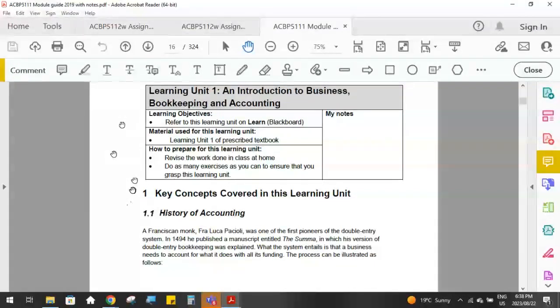Another one that they love in tests and exams is contrast financial accounting with management accounting. And again, that is important for your understanding. It's in your textbooks, it's on Learn. No problems there. And then lastly, list the various types of transactions that can occur during the ordinary course of